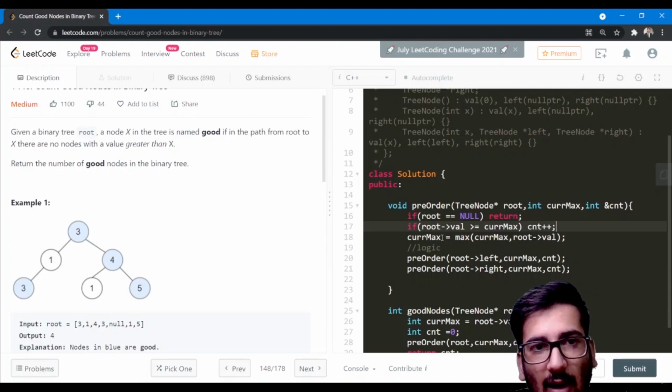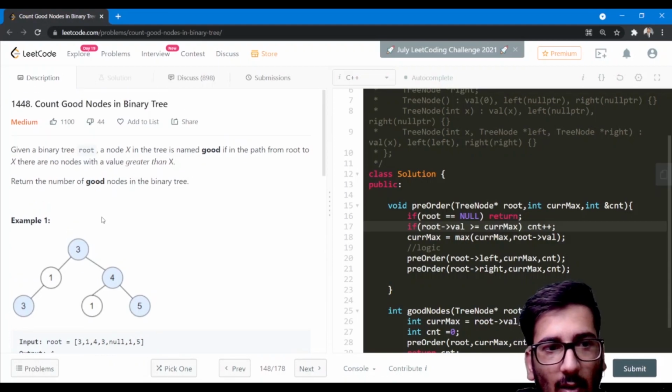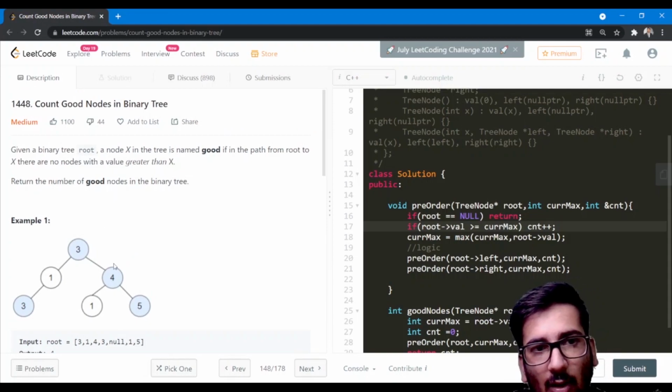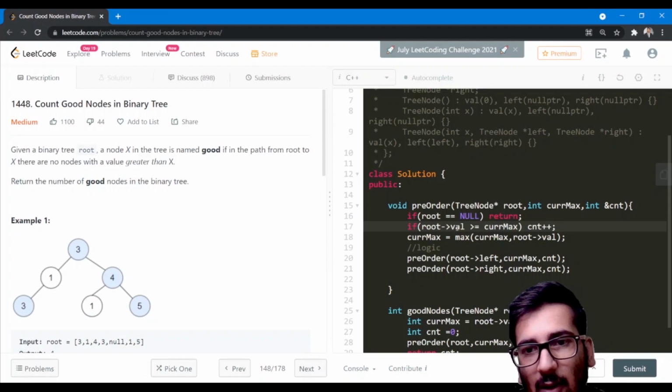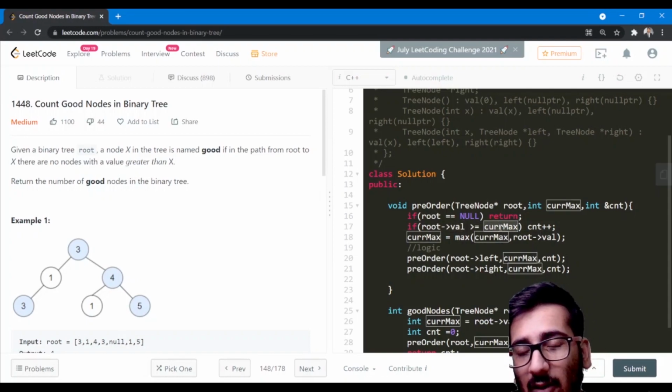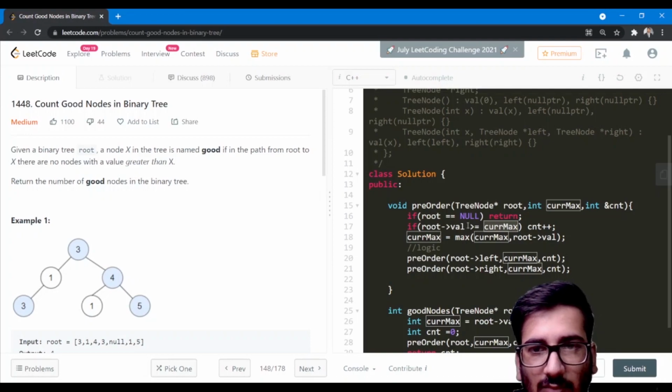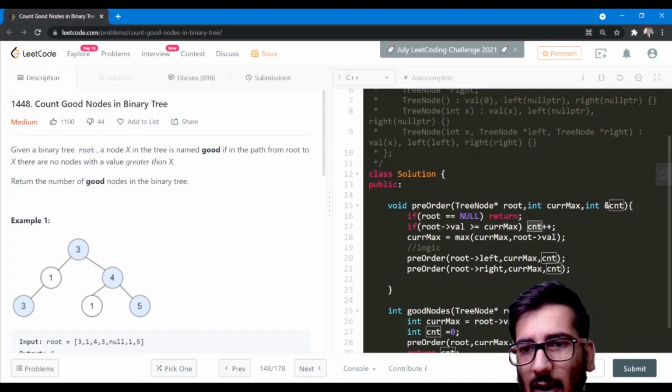Okay, as the question said, or the definition of the good node, if the node value is greater than or equal to the max of all the previous values which we are maintaining in the current max variable, then we will increase our count, and it is going to persist for all the recursion stacks.